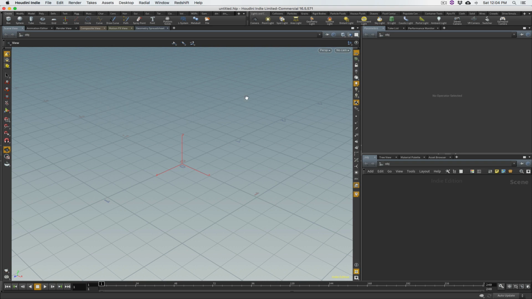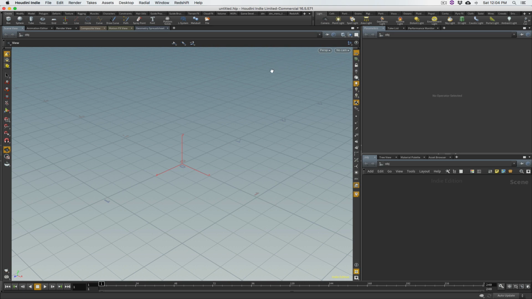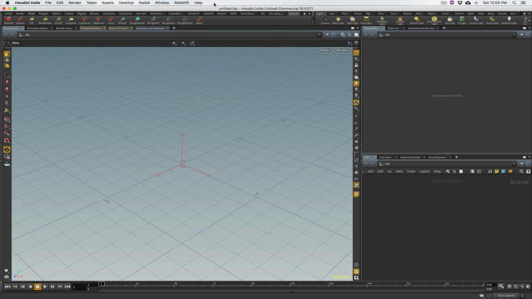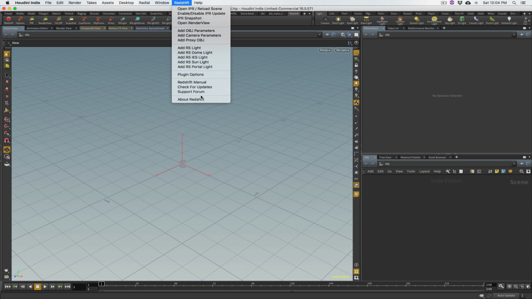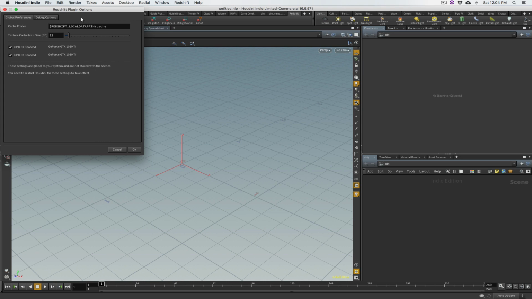The second thing that I found that might lead to some crashes in Redshift is actually the cache folder. If you click on Redshift, and once again, you can access all of these shelf options from the drop-down menu as well, but if I go under Options right here,